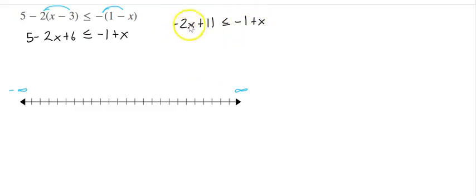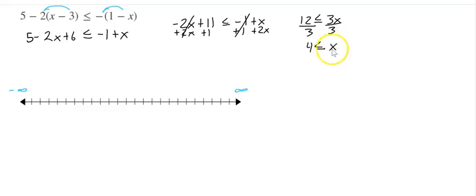Well, let's come over here and add 2x to both sides. That's going to reduce this out over here. And let's add 1 to both sides. That'll reduce that there. Notice we can rewrite this. We're going to have a 12 here, less than or equal to, and then this 3x. Let's divide off our 3, and notice 12 divided by 3 gives us a 4 is less than or equal to this x, which we can also flip around and say x is less than,